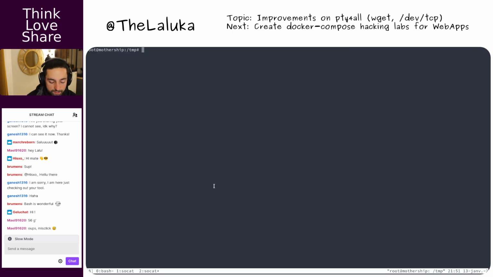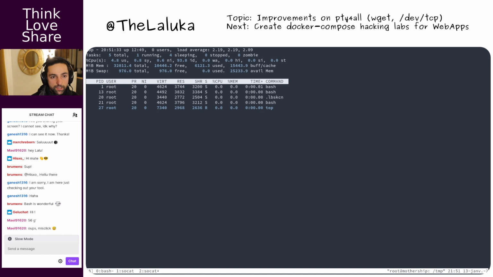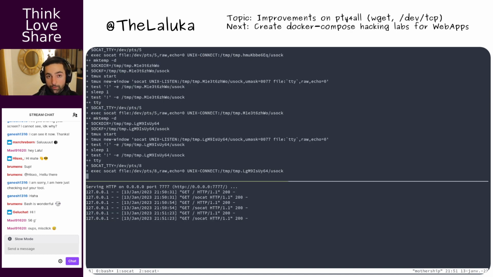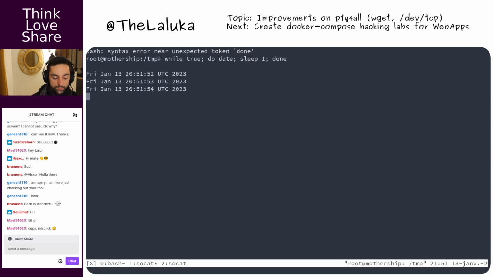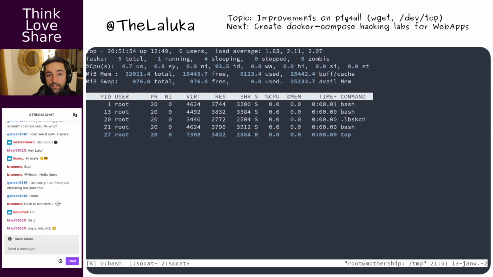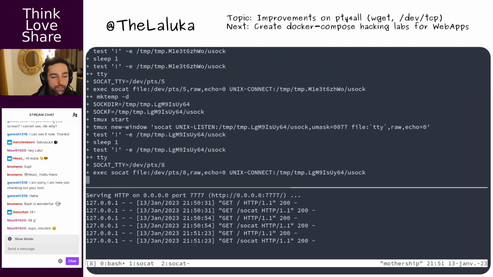And what you can see here is that it's a multi-PTY handler. So we can go ls /, do some things, have an htop, a top command running. But if we go Control B and next, as we are in Tmux, we still have our handler open, and we still have our first shell. So here we can go while true, do date, sleep 1, done. Okay, so what we have here is one that displays the date, one that still has the whole top going on, and we still have our listener, so we can still pop new shells.